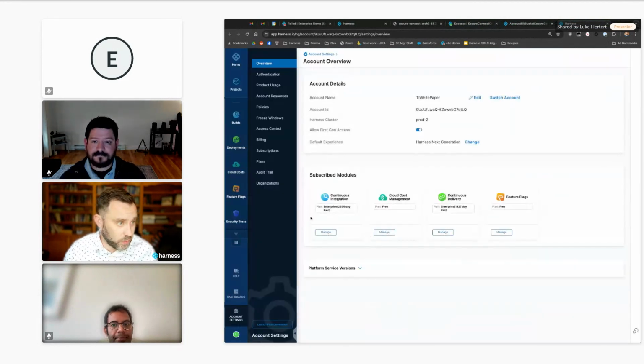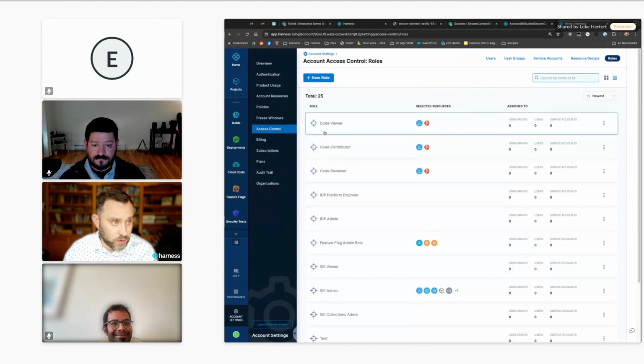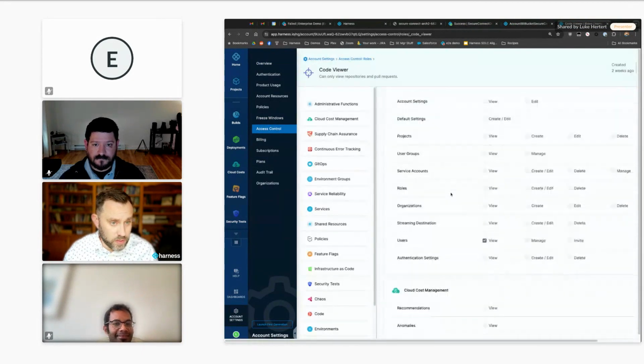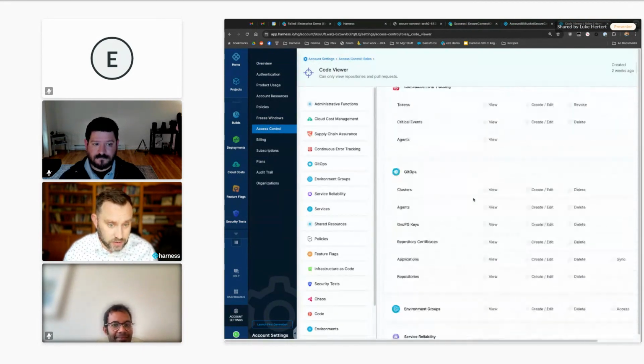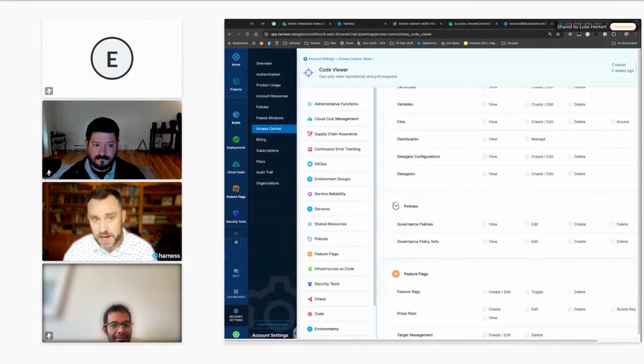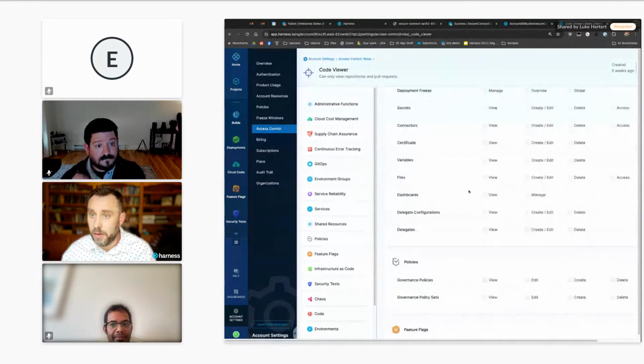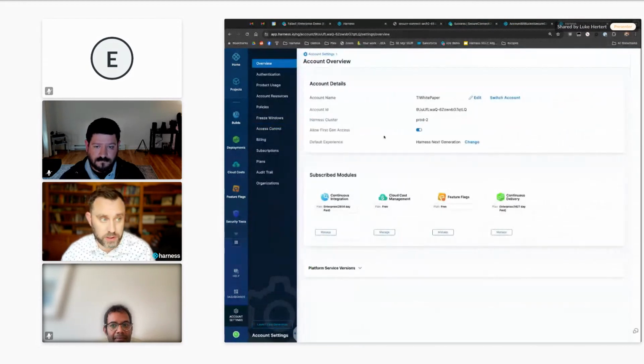I'll just show you, I'm not going to go into detail here, but for example, this is a laundry list of all the different things within Harness where you can say, do people have view, create, edit, access, delete? This can be completely separate from who has access to the code repository as well.